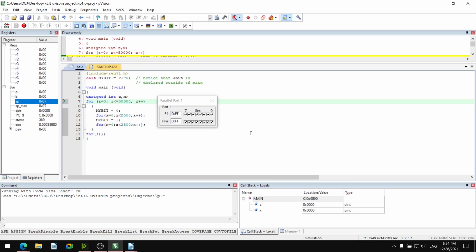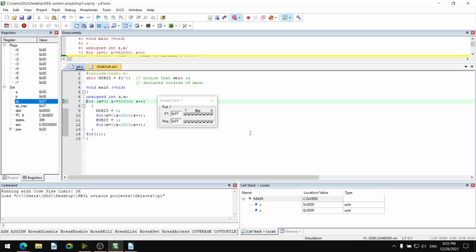So z equal to 0, z less than 50,000, increment z. Under this loop it executes my bit 0, my bit 1 with some delay. For 50,000 times it executes, and then it goes into an infinite loop, because embedded C programs always require an infinite loop. Okay, finite duration programs will give errors.